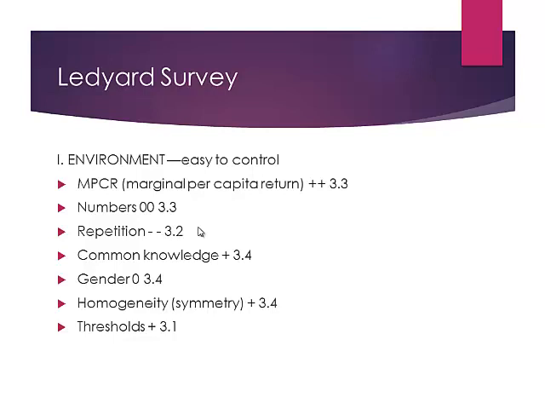Common knowledge. So everybody knows what everybody else has, and that helps in cooperation. Gender has been tested. Do women contribute more? So there is no known effect. Homogeneity, symmetry, that helps in creating cooperation. Threshold, this is the provisioning, that a minimum level is required before you provide. That tends to help in creating cooperation. But a single plus means that it's not so strong.